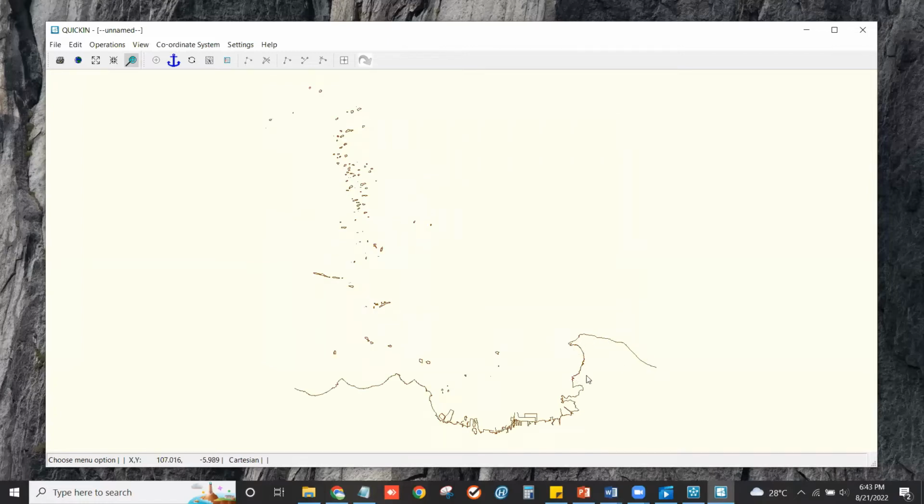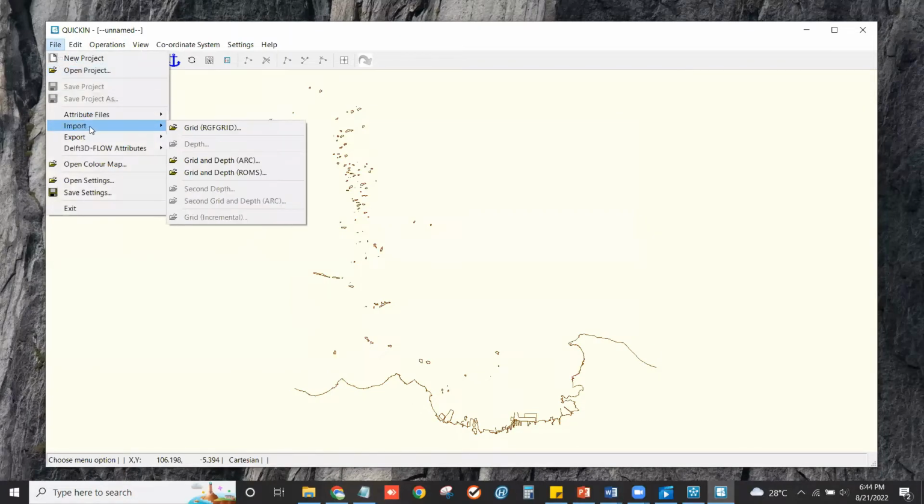This is the coastal land in Jakarta, in this area, and the north of Jakarta is ocean, or the Gulf of Jakarta.